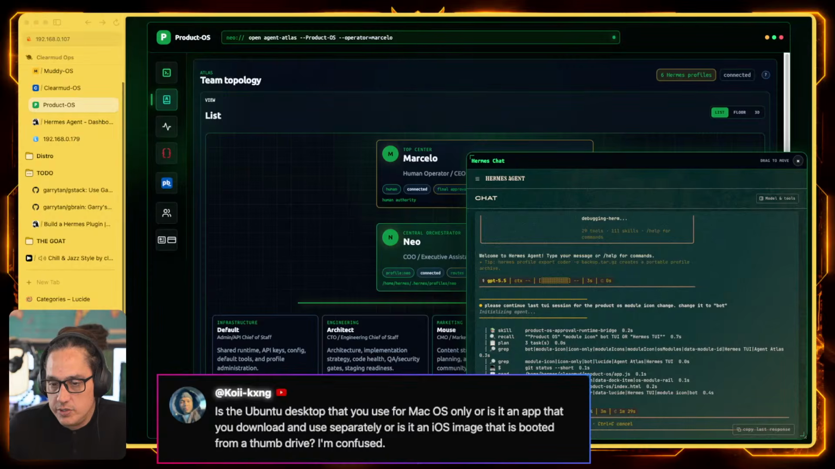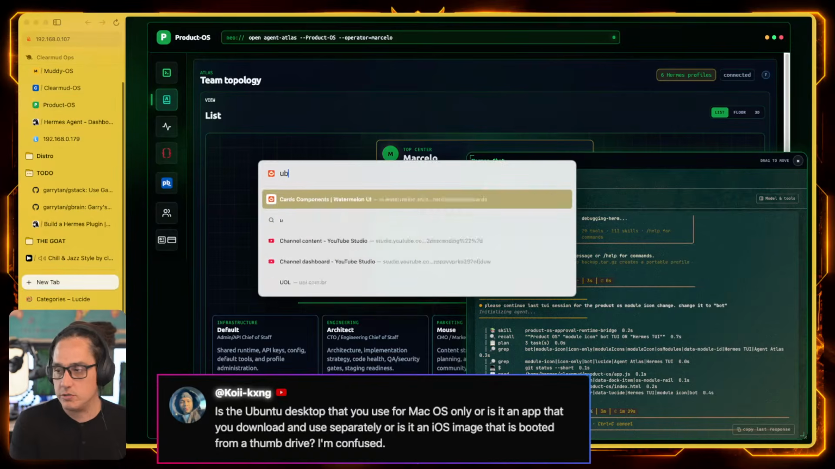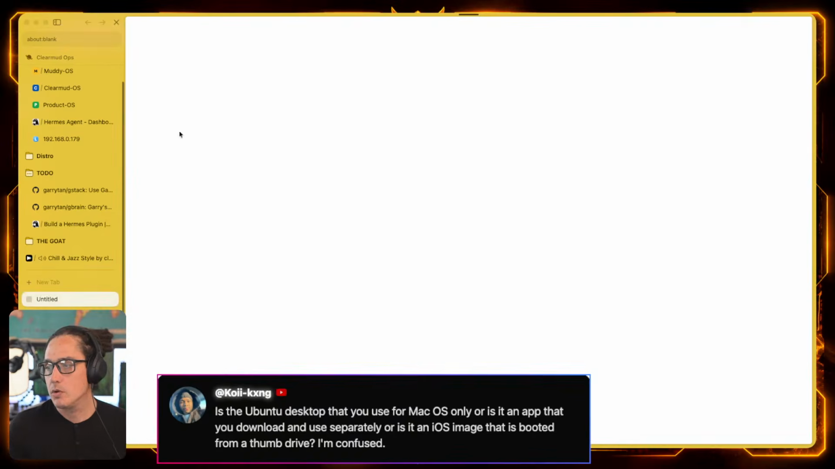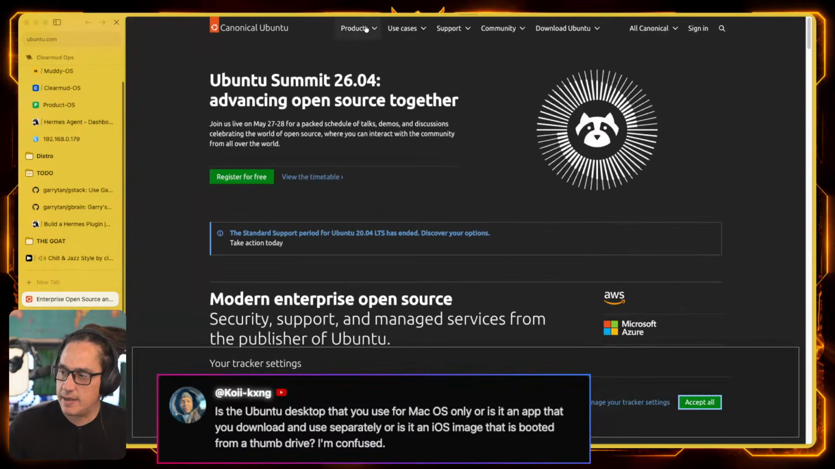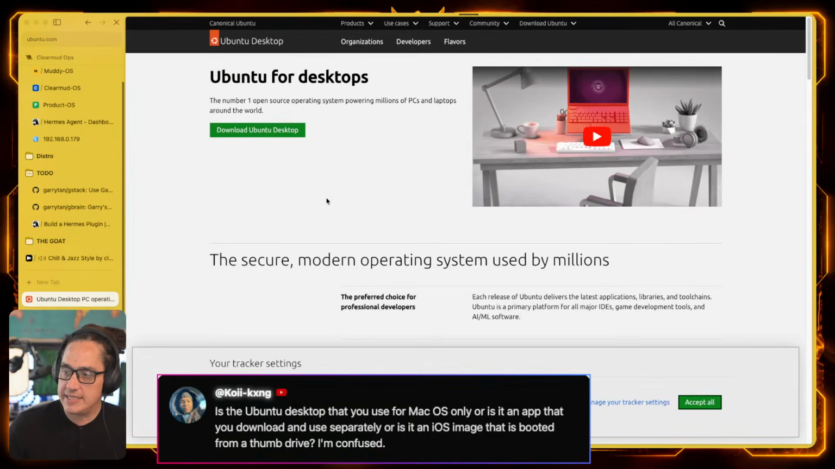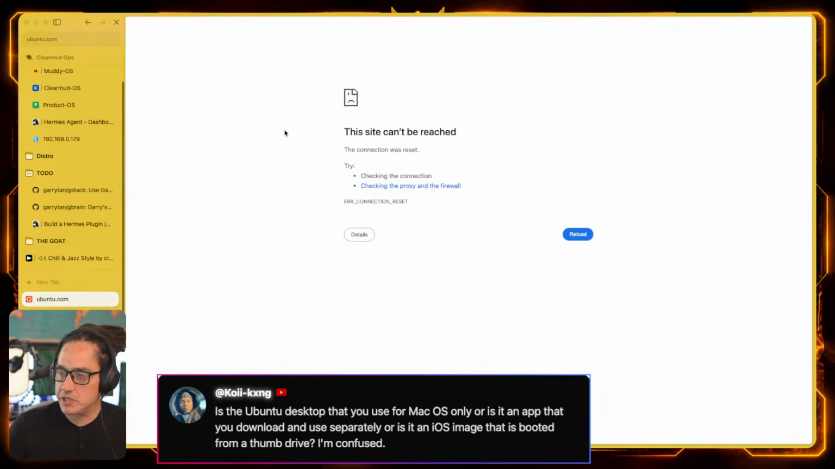Is the Ubuntu desktop that you use for Mac OS only, or is it an app that you download and use separately? Yeah, it's an ISO image. So if you just go to ubuntu.com, I just downloaded the desktop version, but I downloaded it for the machine that I'm hosting it on. So depending on your machine,